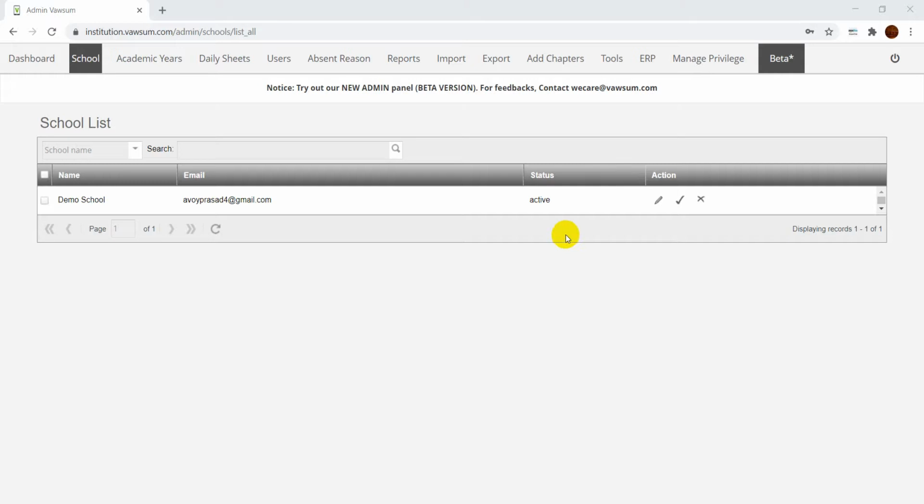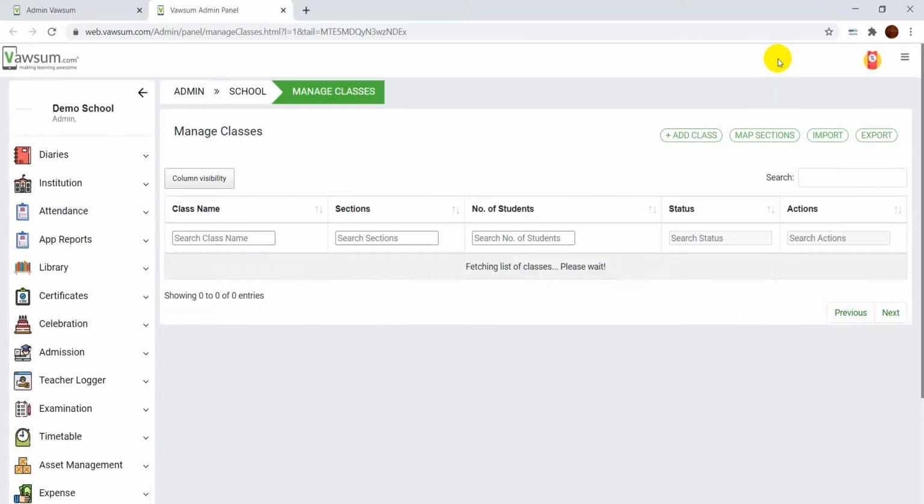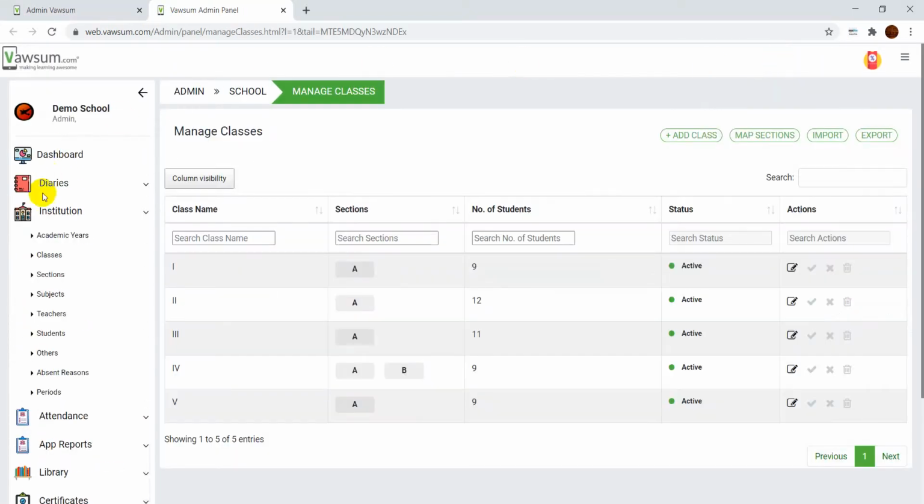Hello everyone, now I'm going to show you how you can edit the profile from Vawsum. You will have to log in with the credentials first and then you will have to press Auto Beta. Now you will be redirected to a new page where on the left hand side corner you will have to